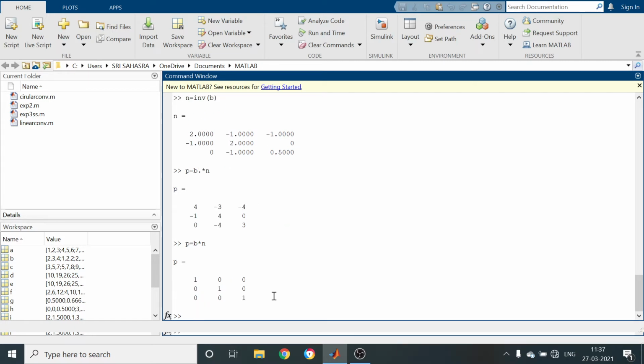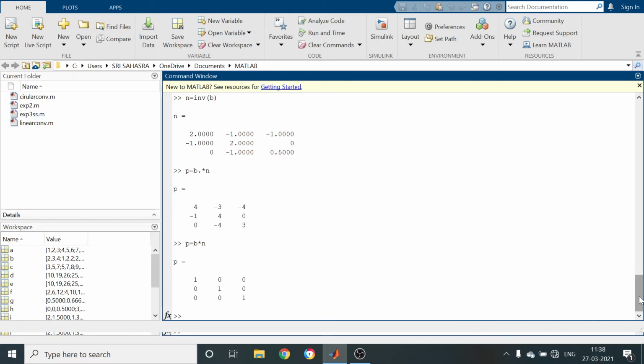You know that A star inverse of A equals the identity matrix of 3 by 3. Here you have to perform matrix multiplication only. So B is the given matrix, N is the inverse of B. When you perform B star, that is B multiplied by the inverse of B, it becomes the identity matrix having values 1 0 0, 0 1 0, 0 0 1.